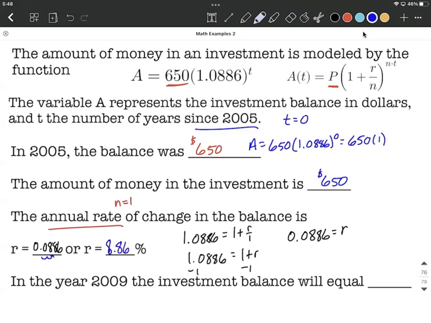8.86%. And then the final question on this one, in the year 2009, the investment balance will equal what? Well, 2009 minus 2005, because t is years since 2005, so 2009 is going to be 4 years since 2005. That's going to be our value for t that gets evaluated into this function. So we can say A is going to be 650 times 1.0886 raised to the 4th power. This is where we would want to get our calculators out and figure out this works out to be